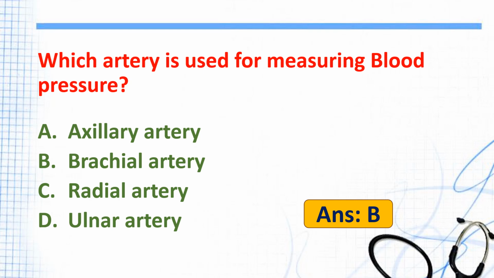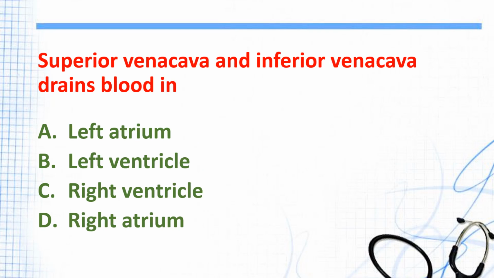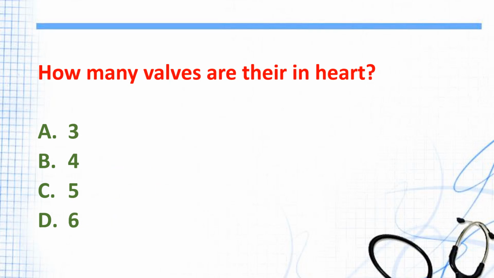Brachial artery. Superior vena cava and inferior vena cava drain blood into A. Left atrium, B. Left ventricle, C. Right ventricle, D. Right atrium. And the answer is D. Right atrium. How many valves are there in heart? A. 3, B. 4, C. 5, D. 6. And the answer is